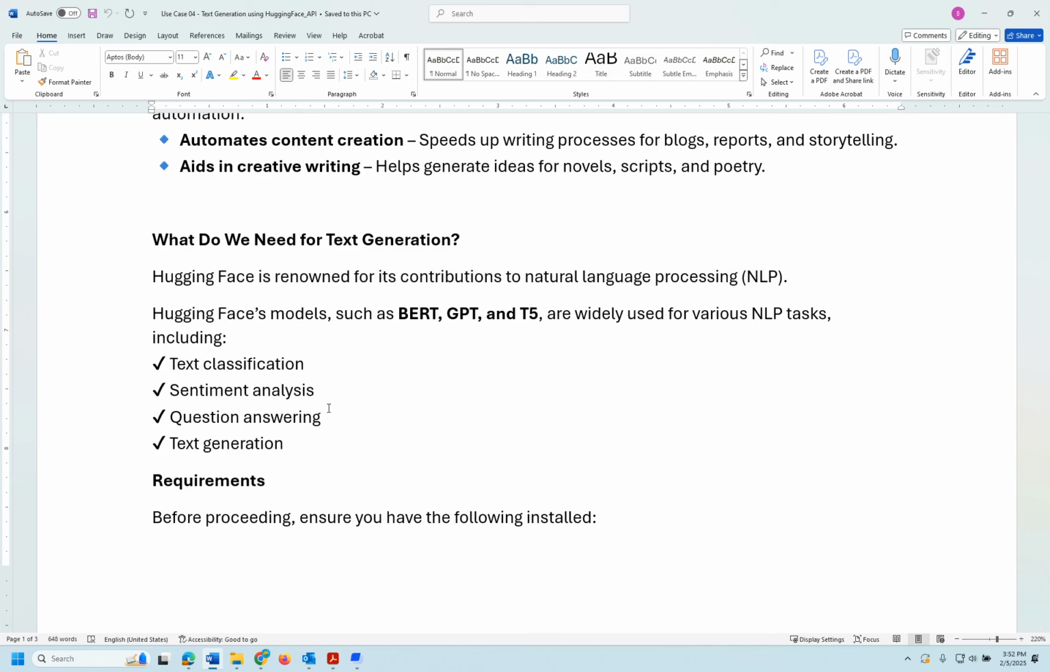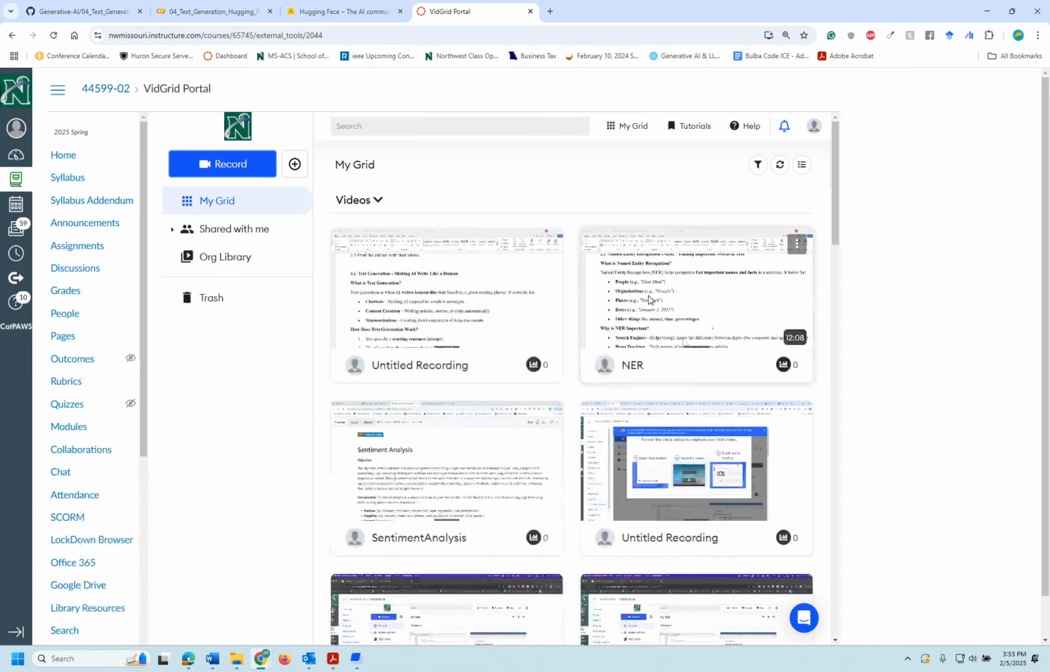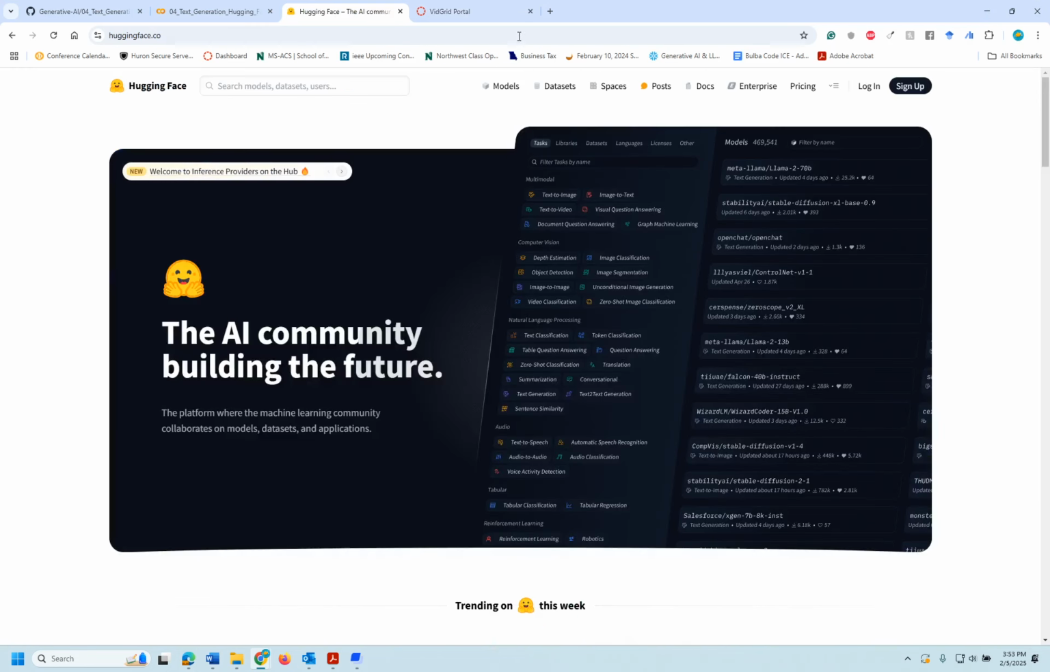Okay, so we'll be seeing the question and answering pipeline in the fourth module, in developing the chatbots. We will be seeing sentiment analysis, text classification, and NER in this module itself, and text generation as well in this module. Okay, so let's see what we have to do before proceeding: install the appropriate libraries. I recommend you go to